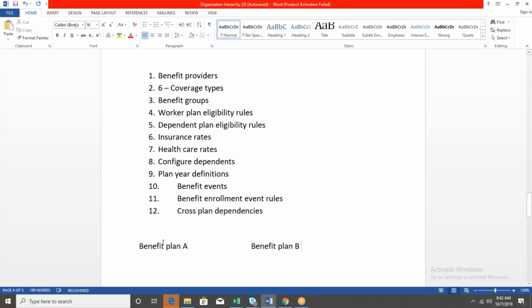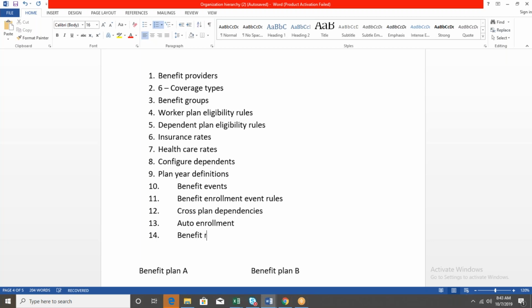Or another scenario: if an employee chooses plan A, it's mandatory the employee has to choose plan B. Or if the employee chooses plan B, it's mandatory to choose plan A as well. So those requirements also will be in scope with different clients. That is nothing but cross plan dependency. We can achieve it through this cross plan dependency. Then after that, auto enrollment, as we just discussed, you can force an employee to choose this plan without skipping. That also we are going to learn. In addition to this,